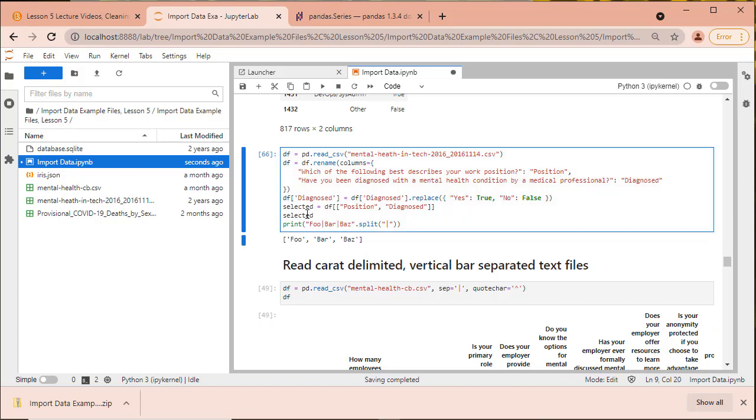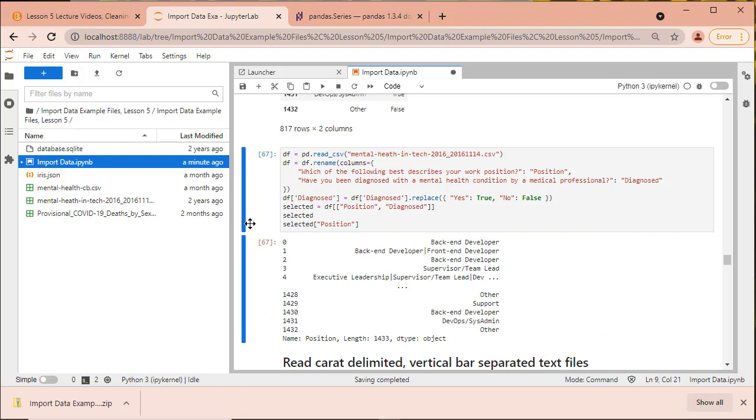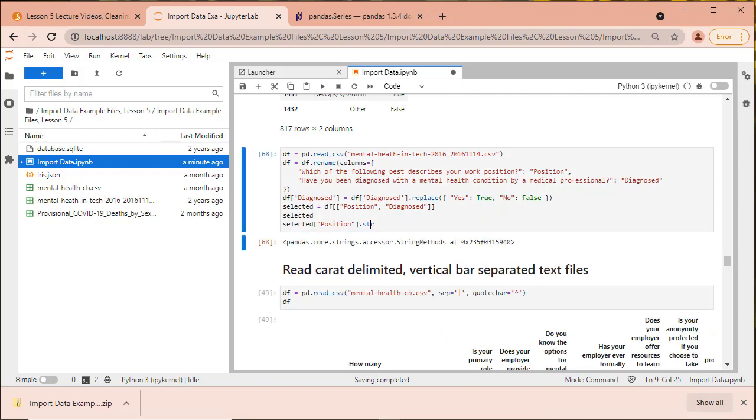Now, I can do something similar by using the str accessor on selected. So I can say selected.position, and that's going to return a series of string values. And then str is going to give me this thing called a string methods accessor. So this is just a convenient place to park some methods that operate on strings. And the one I want is this split function